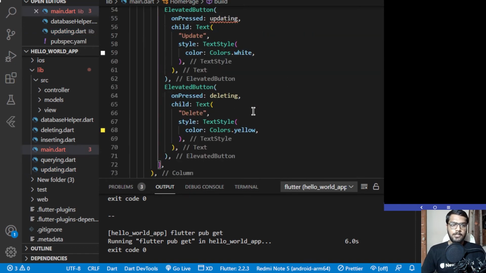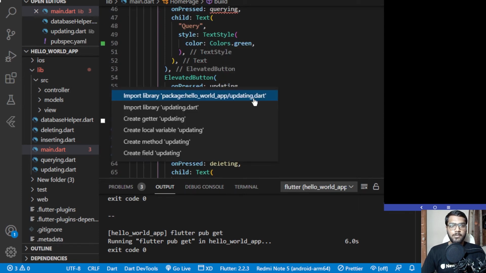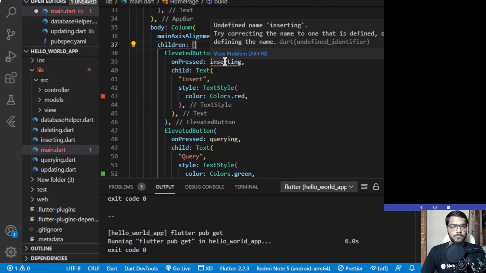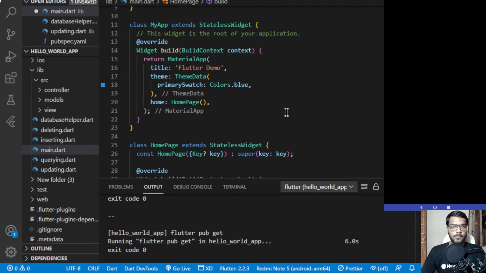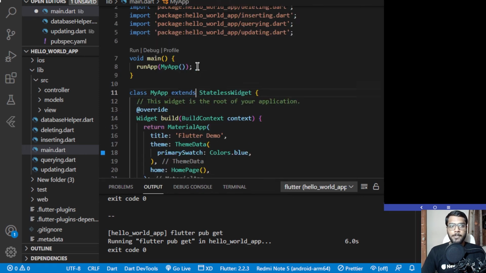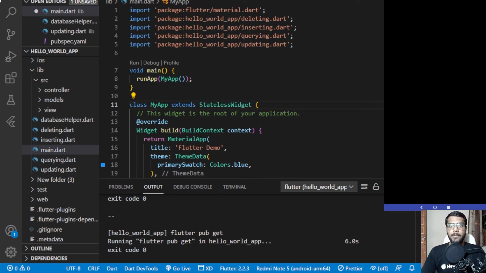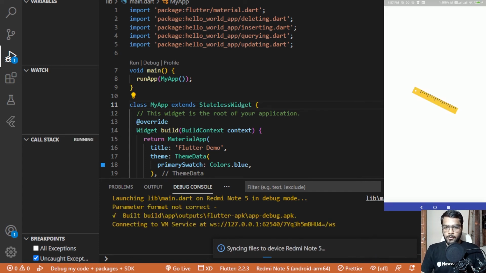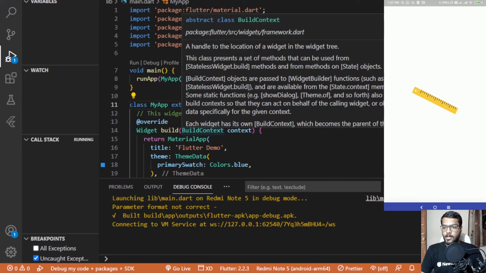Now the only thing remaining over here is importing each of these. And now the app seems to be complete. Let me just run the app, and I'll be pausing the video once the launching has started, and I'll be continuing once the build has been completed. So let's quickly resume once the build has completed and the app will be in the launching phase. So herein you can see over here that the build has completed and the files are being synchronized. The app is launching as well,